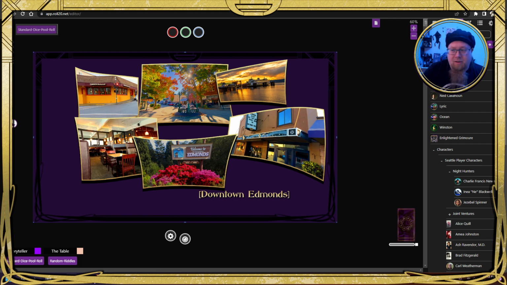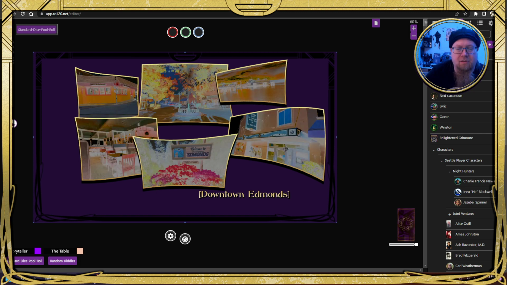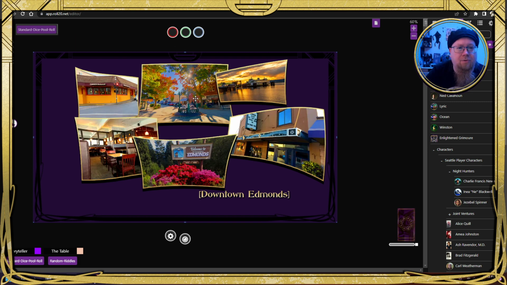So now when my players are in the game and they're running around Edmonds and they go wherever they need to go, but now they want to step sideways into the Umbra, well, I can just switch the layer order and bam, there they are in the Umbra. I don't have to make a separate page. I don't have to worry like I used to. I can now just, here you are, faster, easier access to those things.